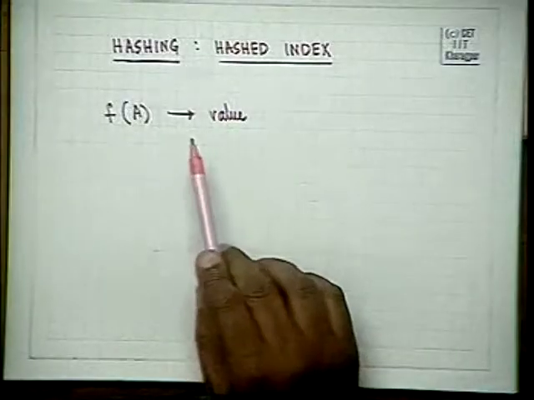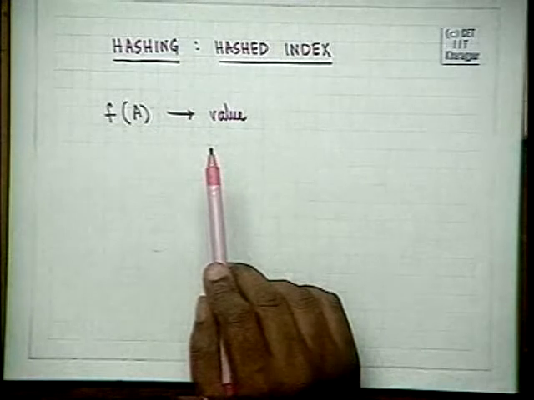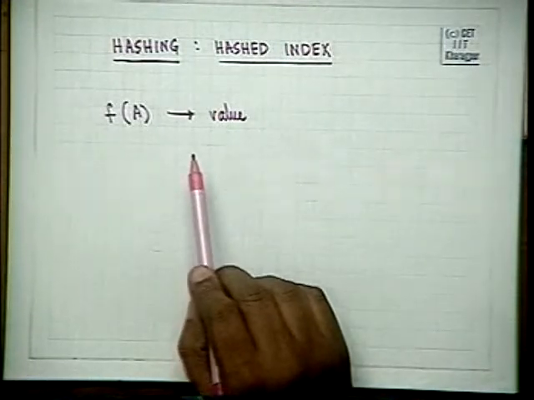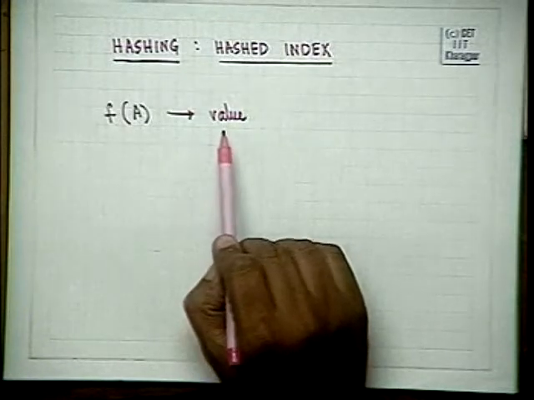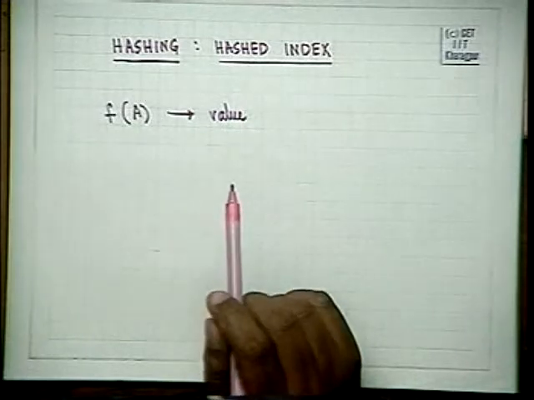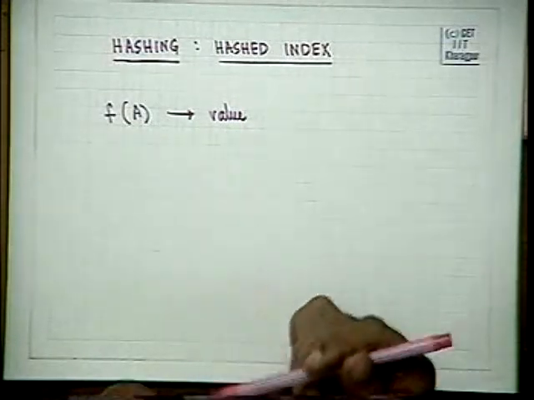I will not go into details of a hashed index, but I will expect that you will just be able to read it up, or you will be able to develop it from the standard hashing techniques which are available, based on the idea that the value of the hash function will give you the block address rather than the actual record pointer. So, we will not discuss hashed indexes, but I would expect that this hash indexing is studied in detail from any standard